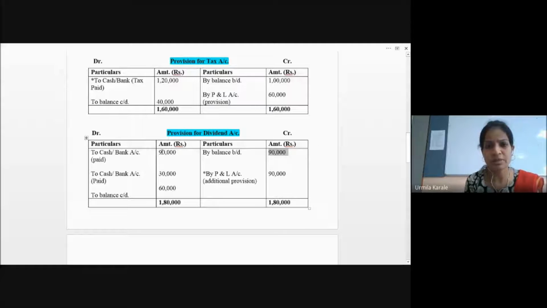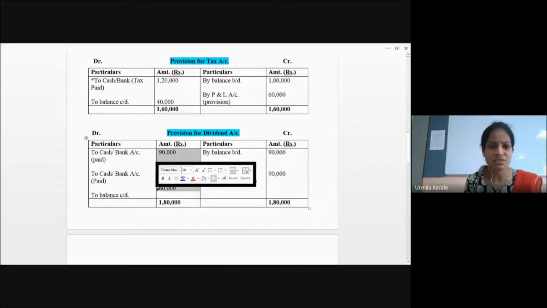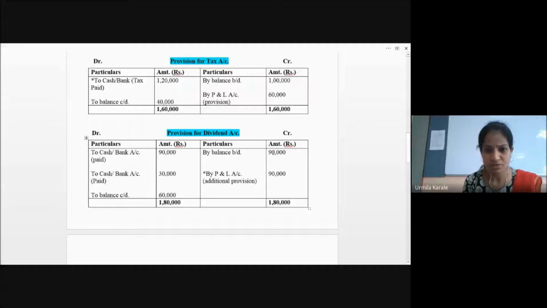Now I should not have anything left. This was created, and this was paid this year, so the balance is nil. Still I have paid 30,000 on the opening balance of equity; I have paid 10%, so 30,000. Still the balance is showing 60,000. How come? If I have already paid this, there is nothing else. 30,000 extra I paid, and still it is showing this 60,000 closing balance. So you can easily understand how the closing balance and this payment relate.